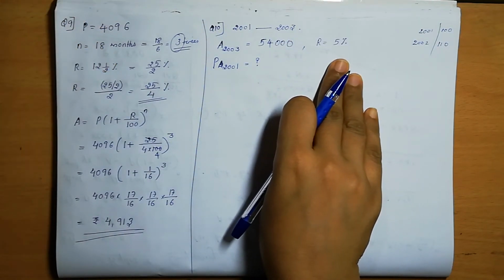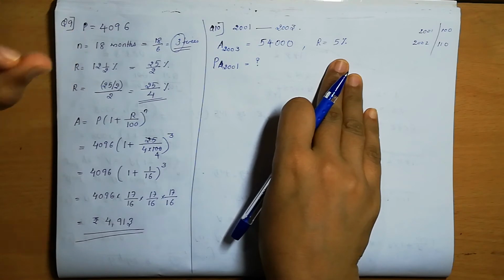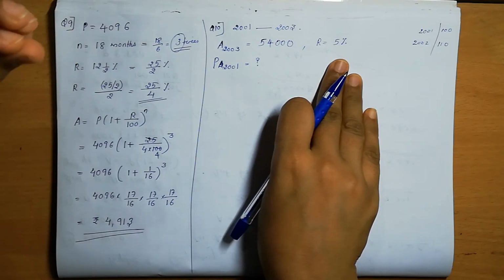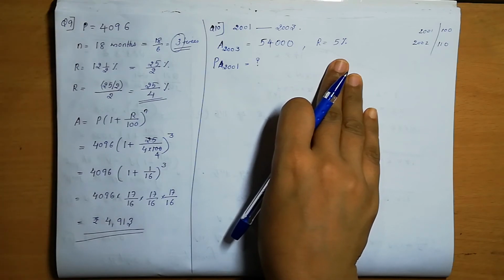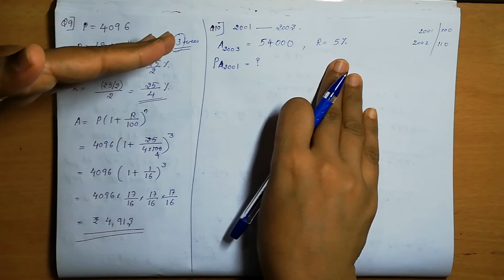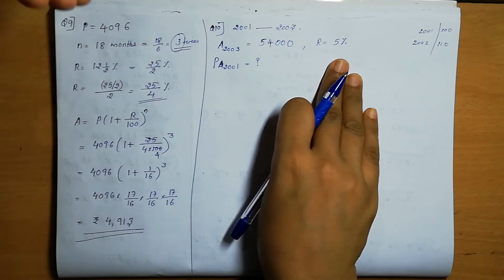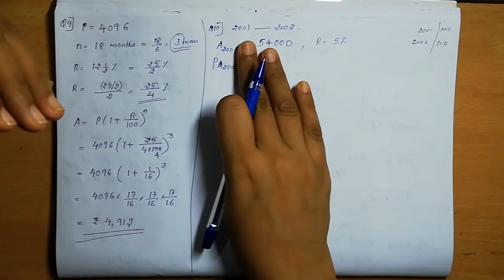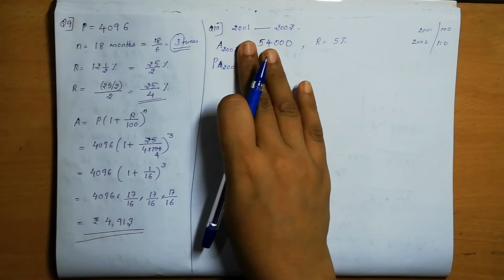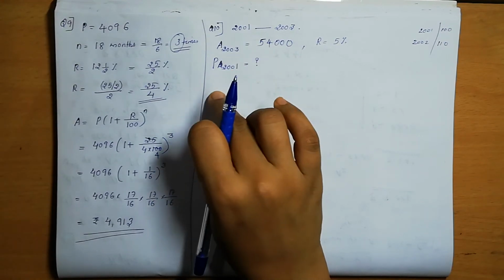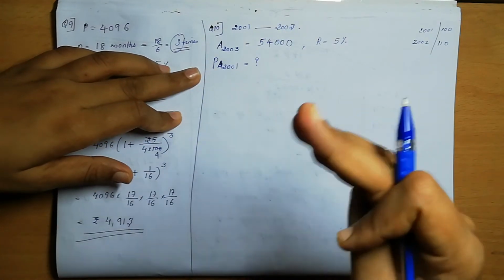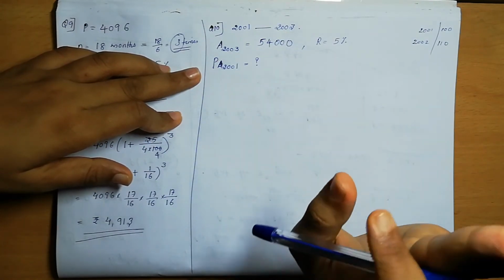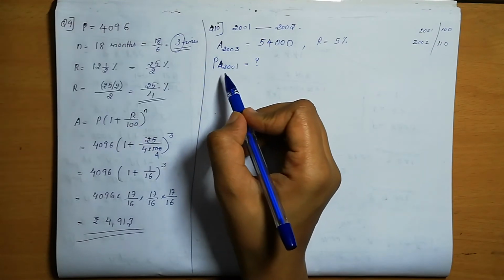Okay, so this is like a compound interest formula only. What is the specialty of compound interest? Every year we add the increment amount to the principal value. So the new amount is taken as the new principal for the beginning of the next year, right? So like that it is happening. At the beginning of the year there is no interest; that actual value we take as the principal. But in 2003 we are adding the increment, so that becomes the amount, correct? So what do we need to find out? P we need to find out.